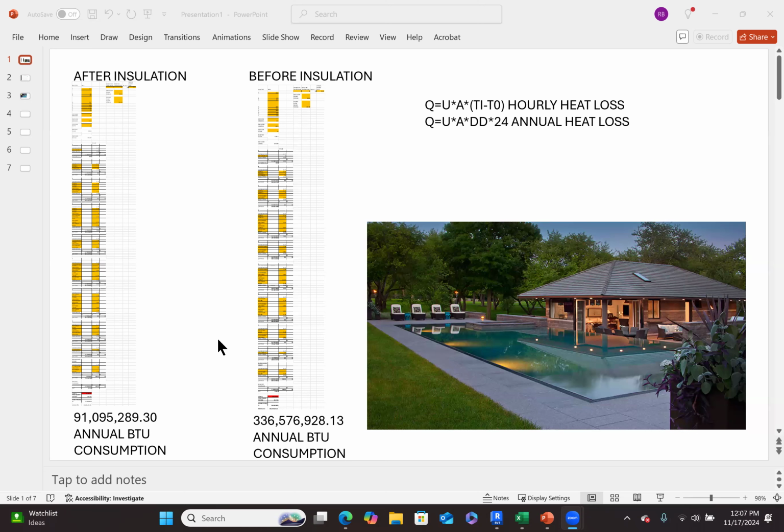You're losing heat through the walls to the outside in the wintertime. And so we need to supplement that loss in much the same way we would need to supplement the loss of water in a pool. And you can see that